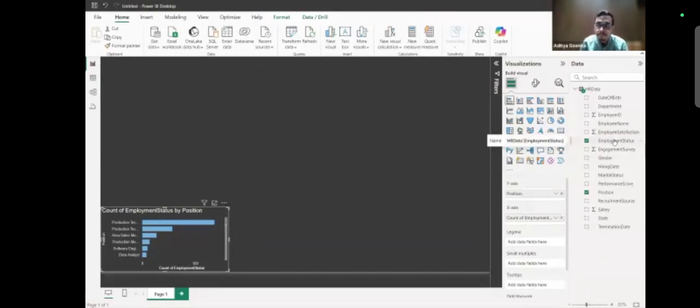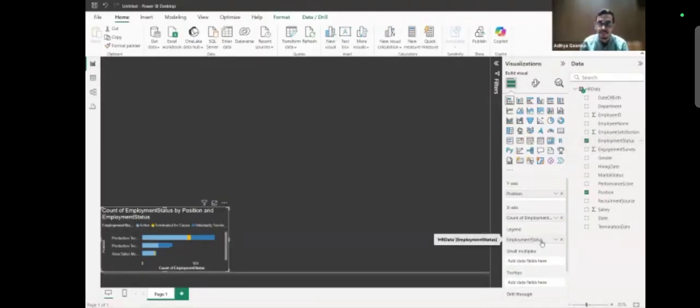We will add employment status criteria to the legend of this particular graph. Now, guys, what happens is for every employment status, we have gotten the count of employment status by position, as you can see over here. For production technician 1,